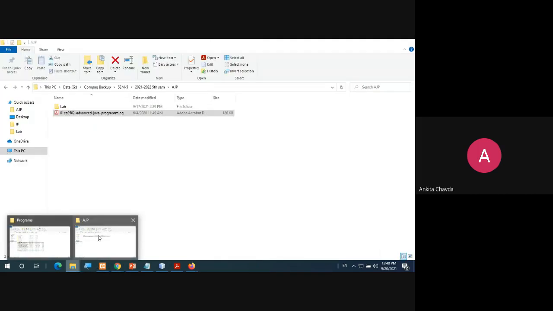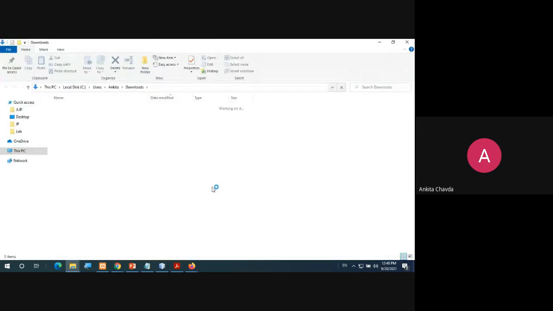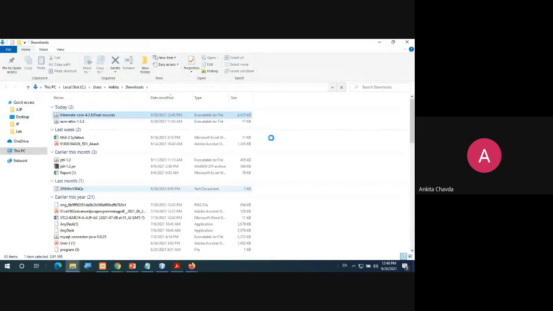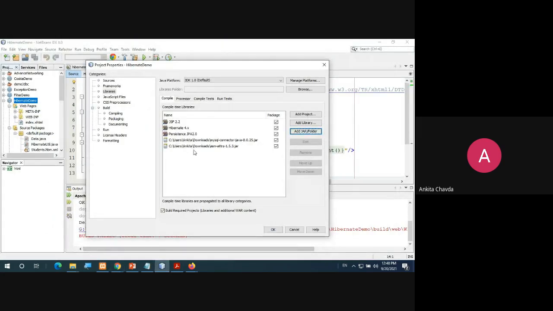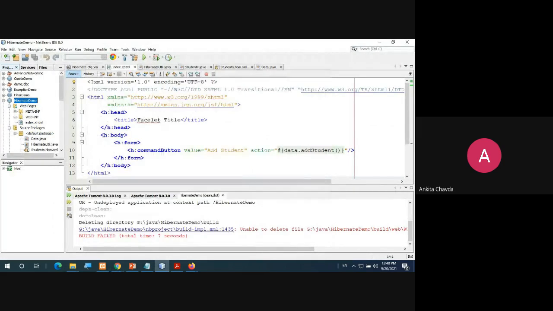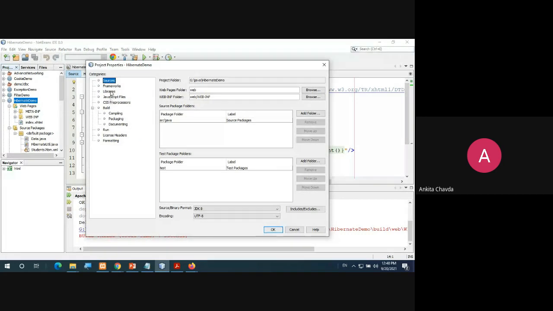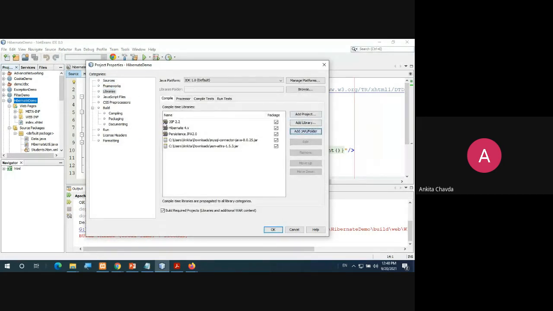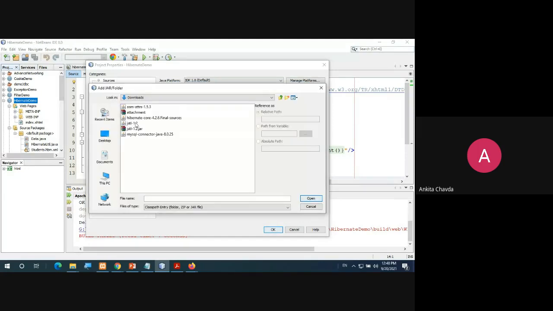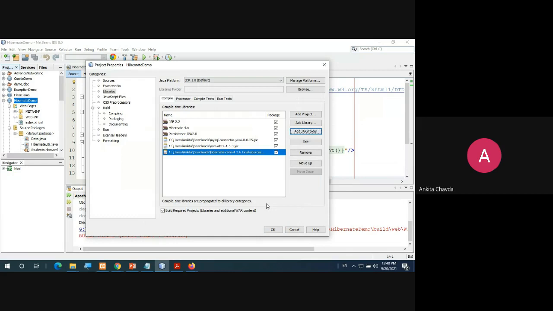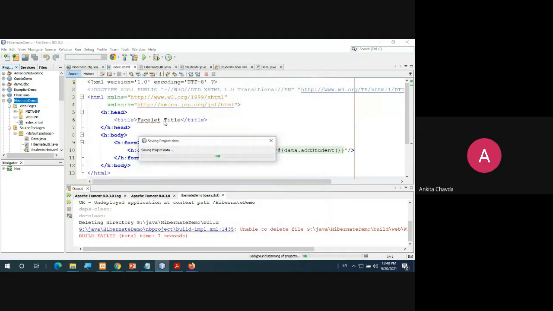It's not showing in the folder. Yeah, there it is. So let's do it again. Properties, libraries, add jar. So you have this Hibernate core, right? Open it. Okay.